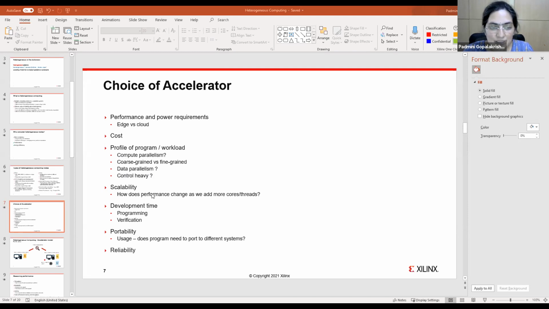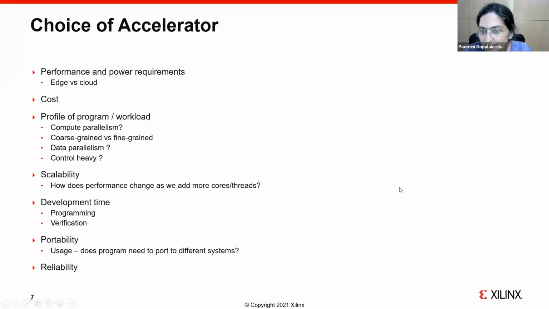Then some other important factors that one would have to consider. So the other thing that you would like to consider is scalability. Right? So is it easy to parallelize something as I can add more cores or threads or compute units to it, right? And does something scale well as you keep parallelizing, right? That also tells you how much effort it is worth putting in to actually parallelize or accelerate something.